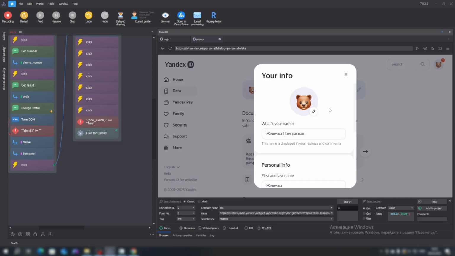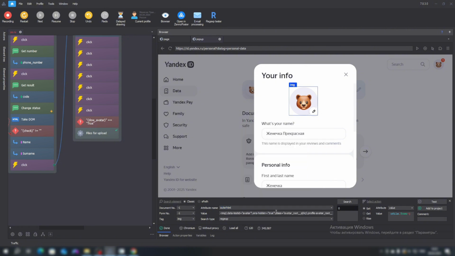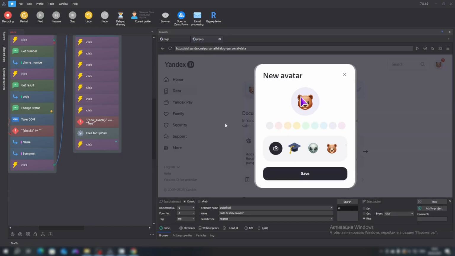Next, you need to click on the icon to start uploading the avatar. Select Author HTML. And we will select a piece. Avatar. Action Raise click. Next, we need to select this little camera icon.